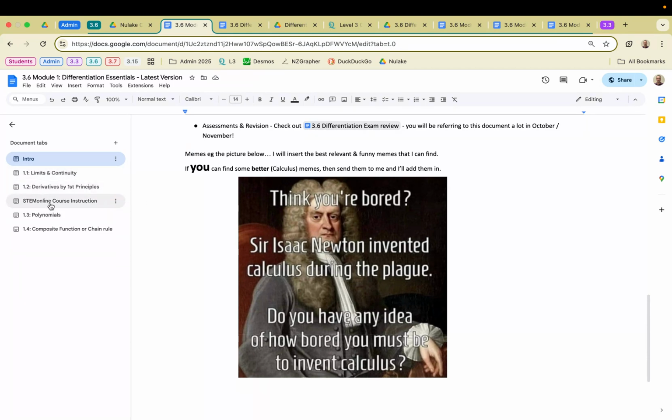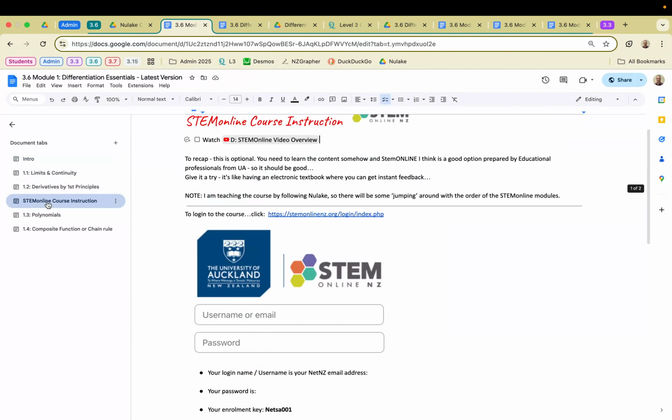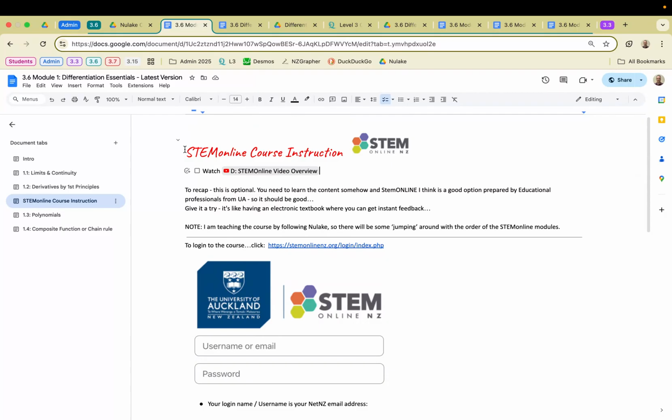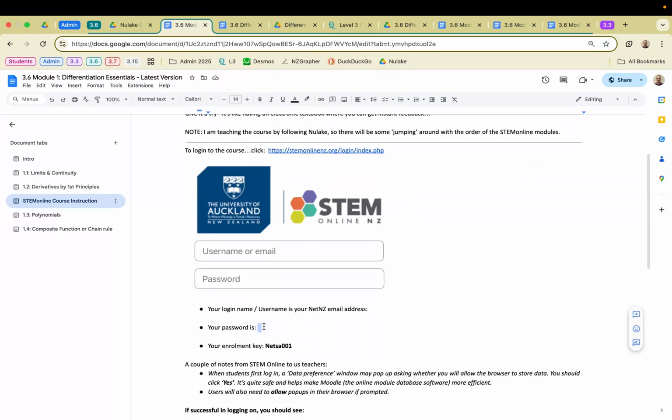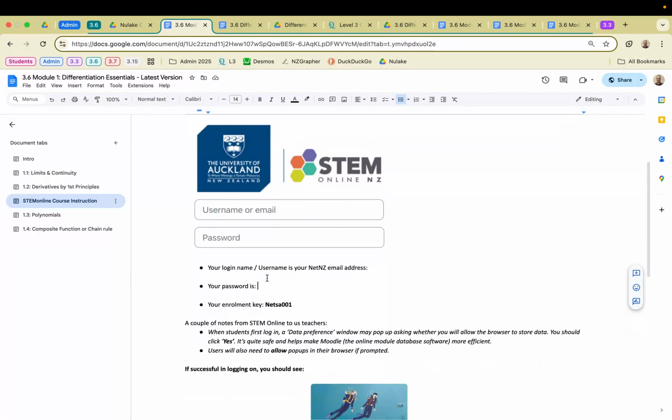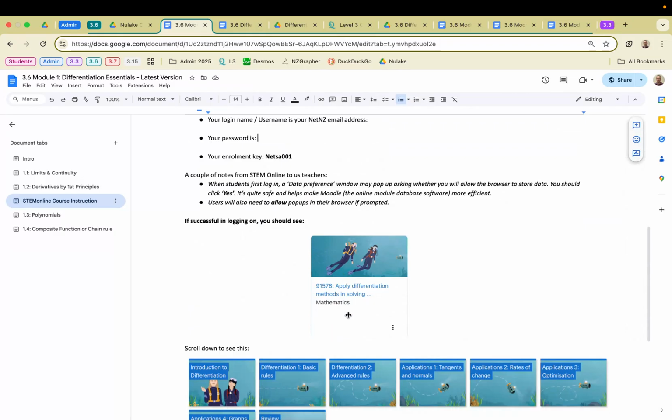Just to break down, STEM Online is something new. I think you've been alerted to it already, but if you haven't enrolled, please do so. You should have received an email from me with your password, and your login is your NetNZ email address. Your password will be sent to you by email, and the enrollment key is this thing. Once you've clicked in here, you'll see this course here,